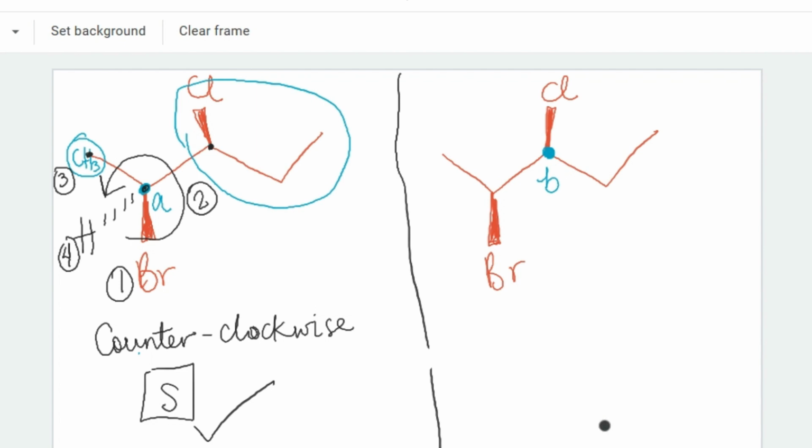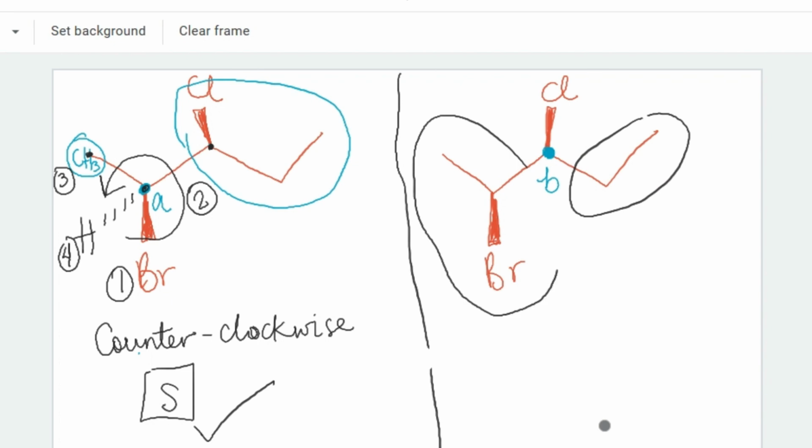So the second one is chlorine. This chiral center B is attached to a chlorine atom, is attached to an ethyl group, is attached to this particular group, which is also called the carbon group, attached to bromine, attached to another methyl, and also attached to a hydrogen. And then we have this gorgeous hydrogen just chilling at the back because chlorine is wedged in front of us,